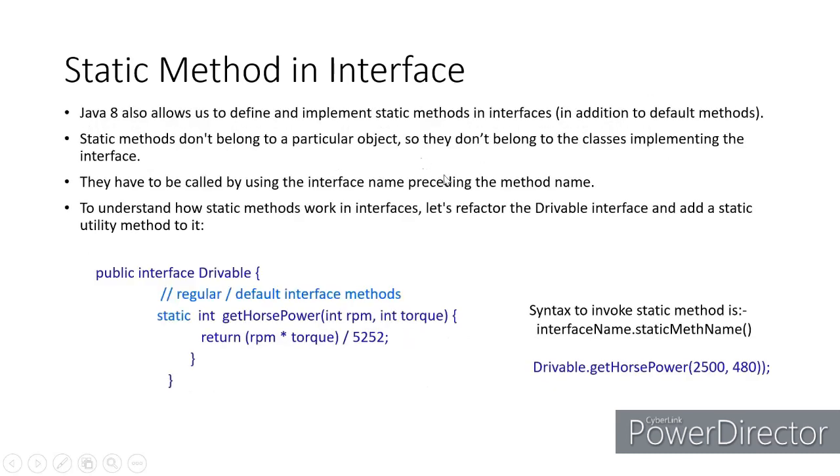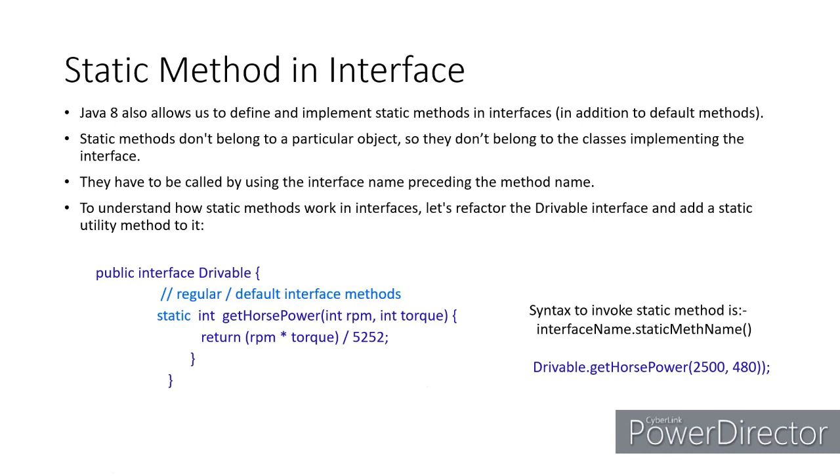So this is, again, the drivable interface has other methods also, abstract methods like drive. There will be a drive method, there will be an apply brake method. All these will be abstract methods which are relevant to the drivable interface. But along with that, there is a get horsepower method also, which is also related to drivable. So it's good to put all these methods together at a single place inside the drivable interface, instead of creating a separate utility class for the get horsepower method.